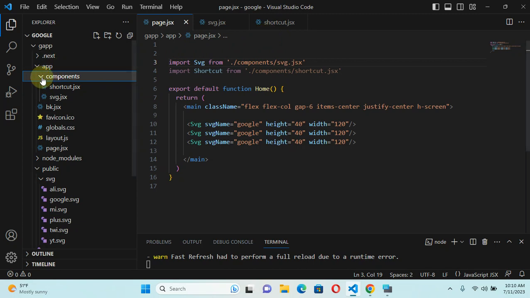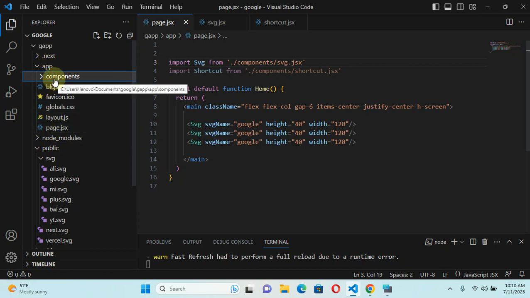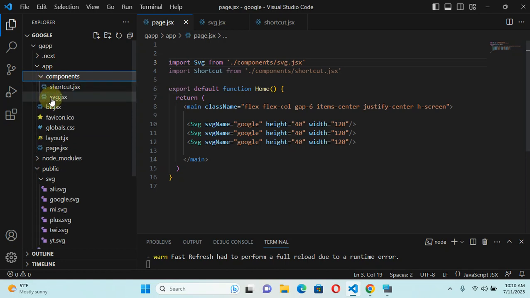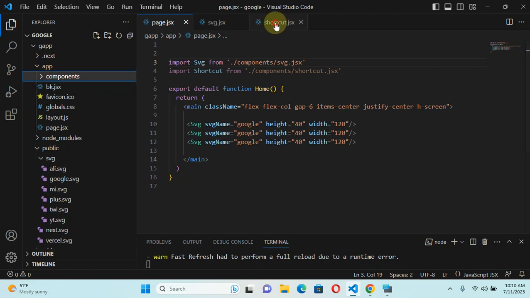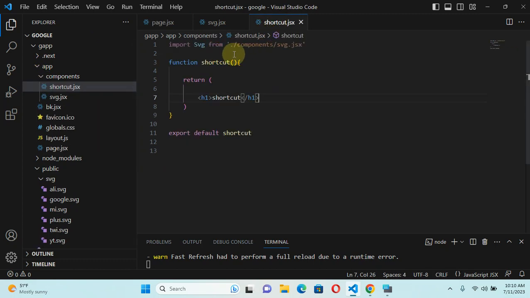Okay, in simple terms, these two files are not in the same folder, so they cannot import things the same way. They don't reference this file the same way because the path is different. Now we need to go to shortcut. Obviously the system cannot find this import because